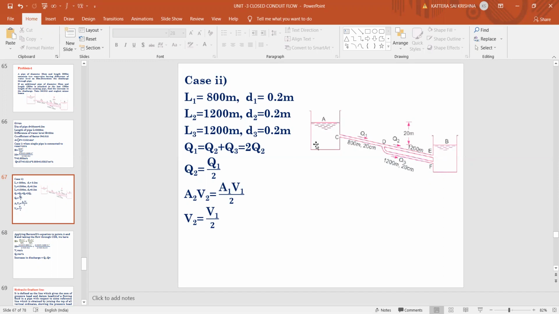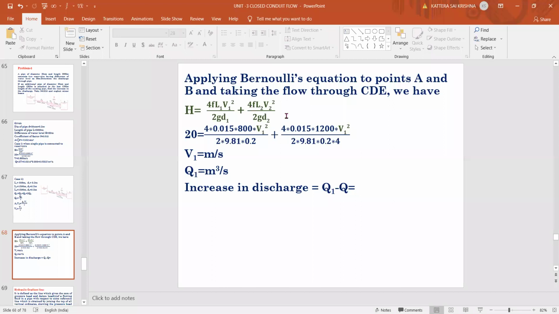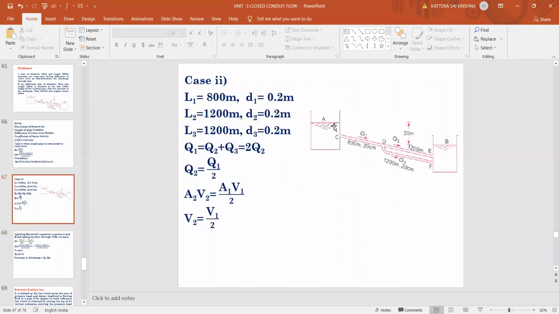So what is left after writing Bernoulli's equation is Z1. Here left is Z1. For section 2 you can see, okay, right, so let us take this B point as your datum line. So the datum head for A point becomes 20, and for the B point, let us take B as your datum line. Okay, 1 second, I will draw and I will do it.